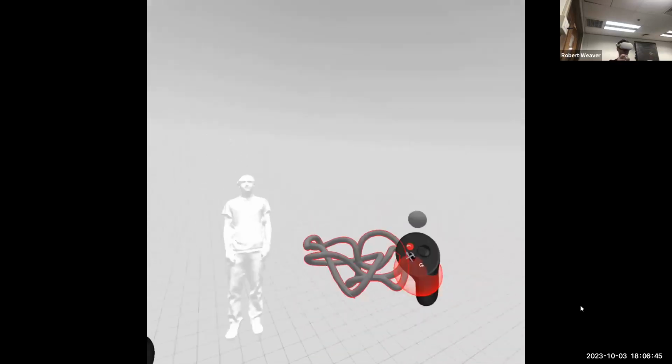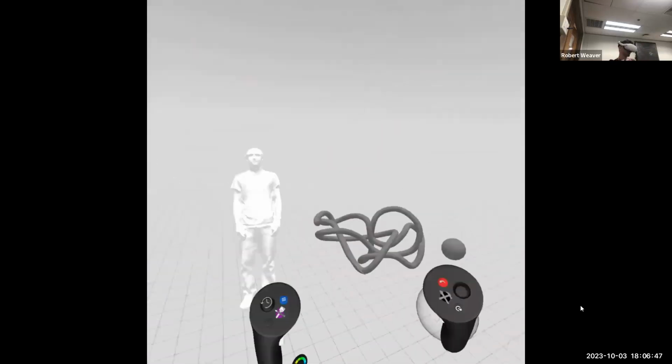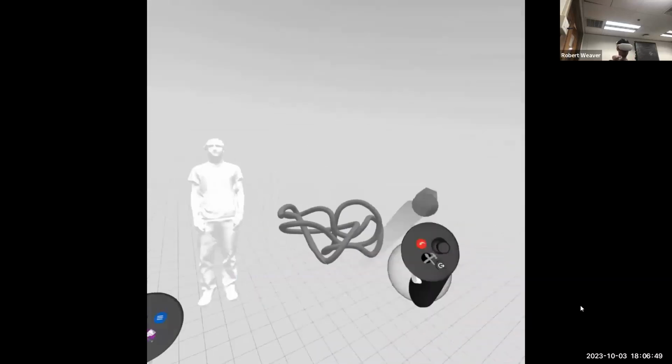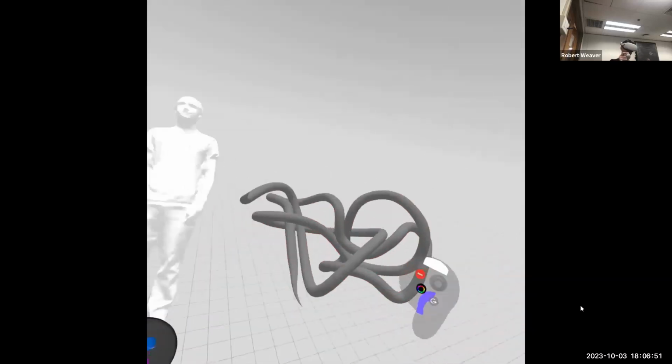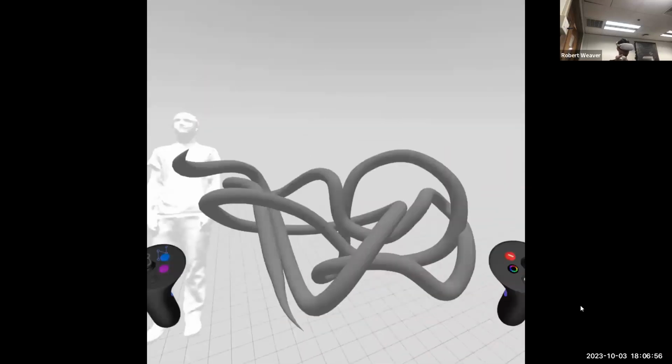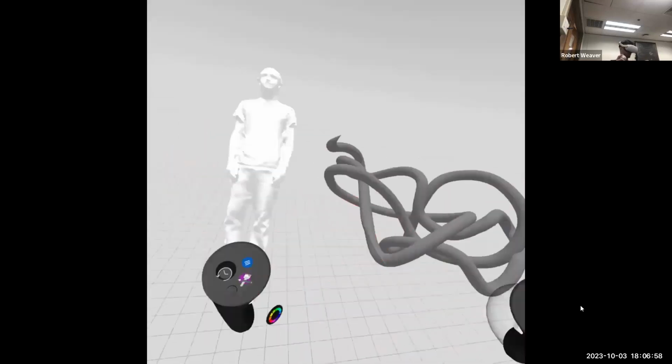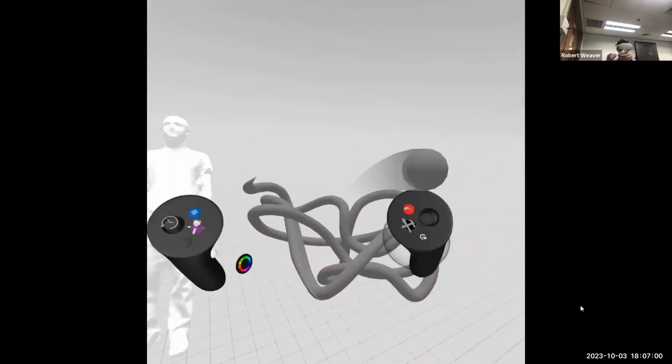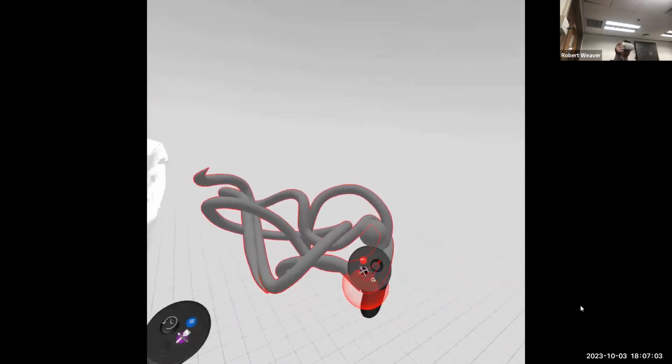So that's like selecting a tool and drawing. And I'll show with the rest as well other things we can draw. But going off this curve, I can grab it and I can move it around. I can scale it up and down just like before. But a new thing with the parts you can make in Gravity Sketch is when I'm grabbing it and holding